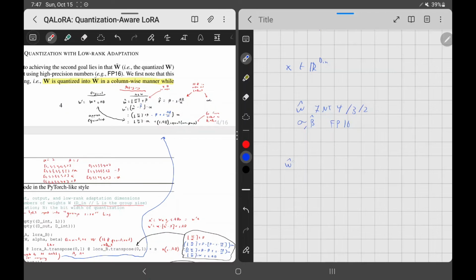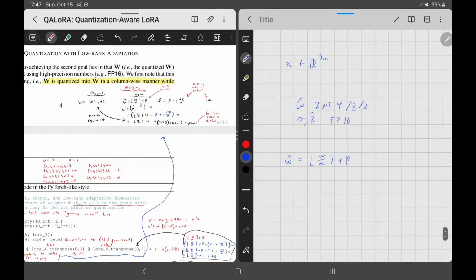Now, we know W hat is equal to this. Just to show you, if we add this beta parameter, it does give us what we would want. So let's say we have this here. We know W hat is equal to this. And we'll call this W tilde. W tilde is our unquantized version. We know W tilde is equal to W hat